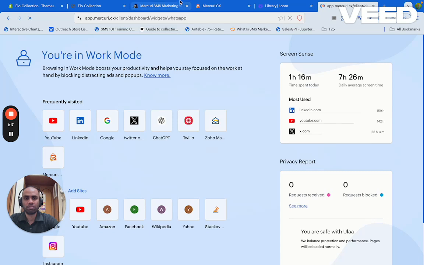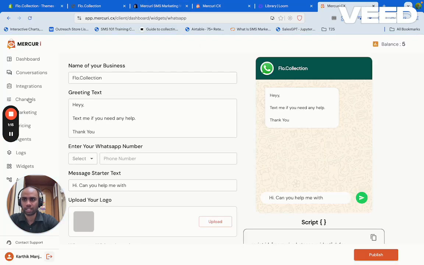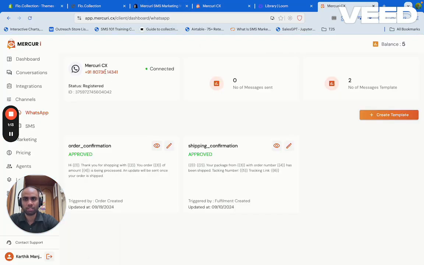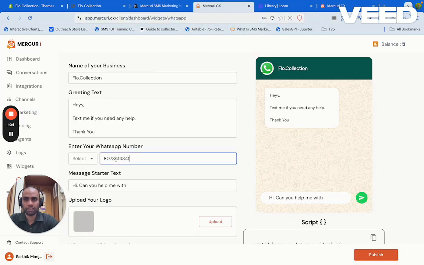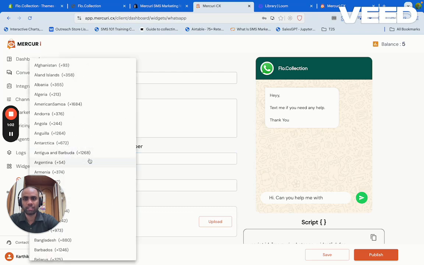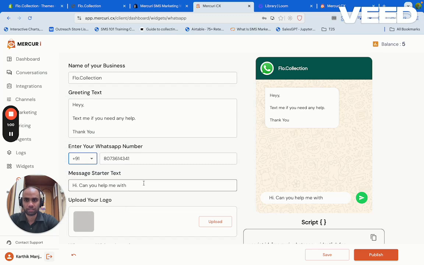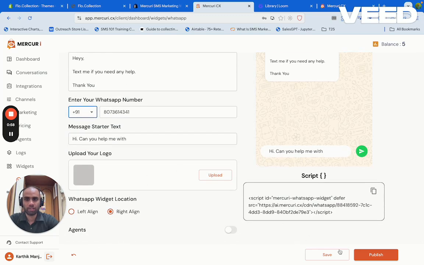Let me go back so that I can check the phone number here. So this is the phone number. Now I go back to the widget page and I can add this number. Now when I click on publish,